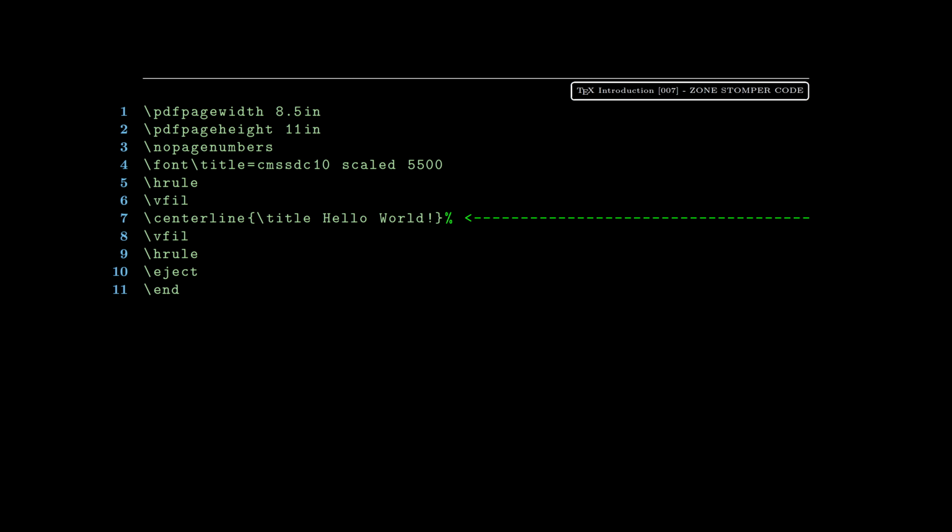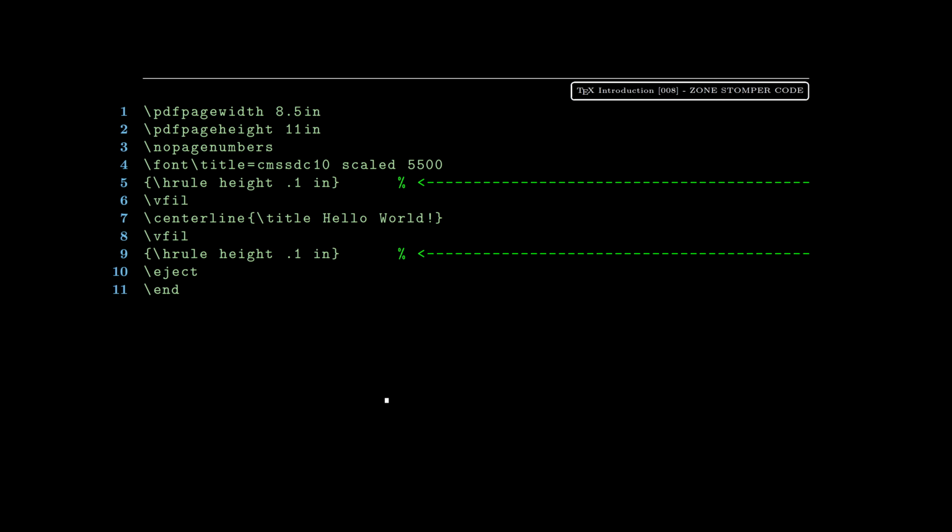And let me see here. Now we're going to, on line 7 you can see we're centering hello world horizontally. So we're going to center that, and there it is, right in the center of the page, both horizontally and vertically. Okay, and now we're going to add some height to our